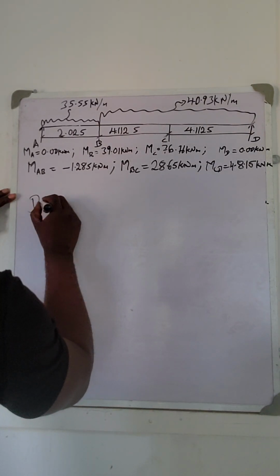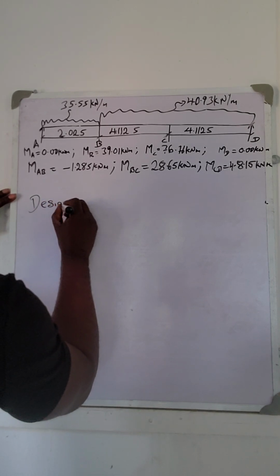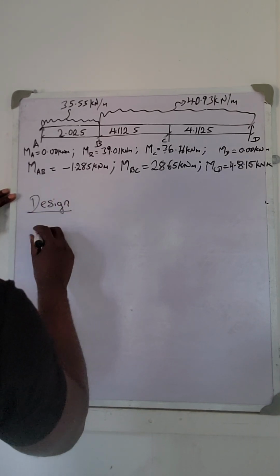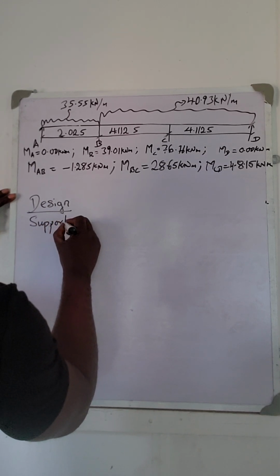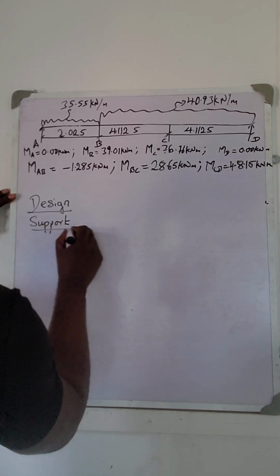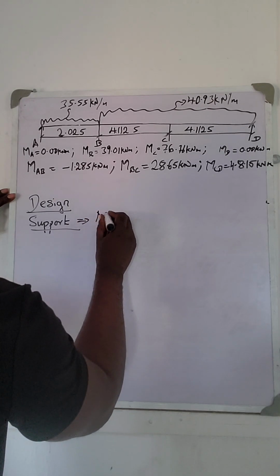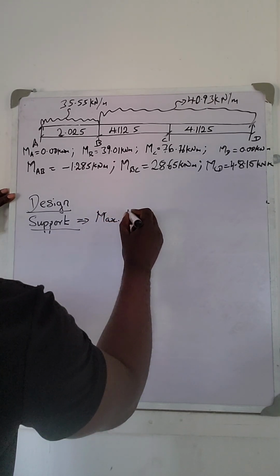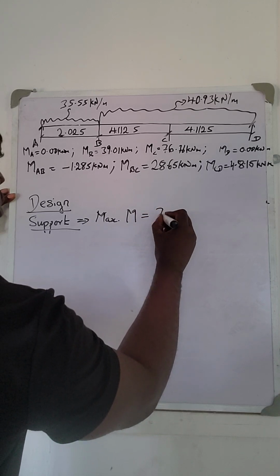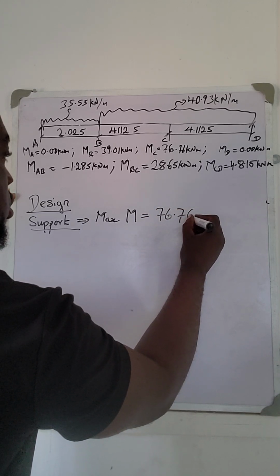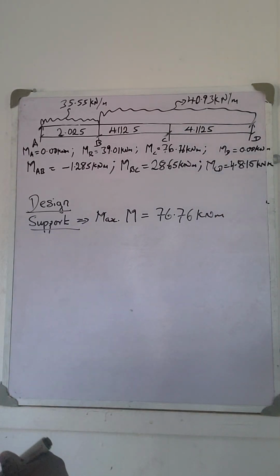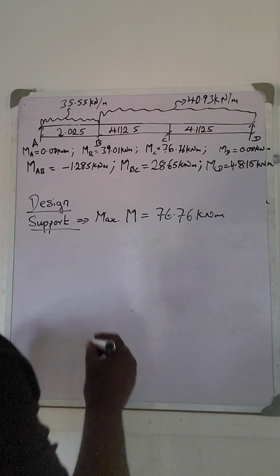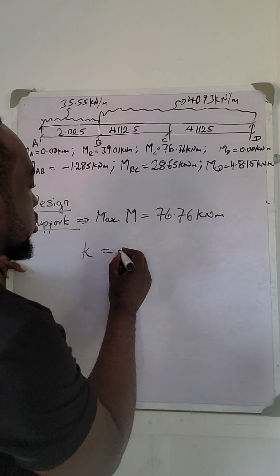Design. I've got this on support. Maximum moment is equal to 76.76 kilonewton meters. And of course, you know that K is equal to M